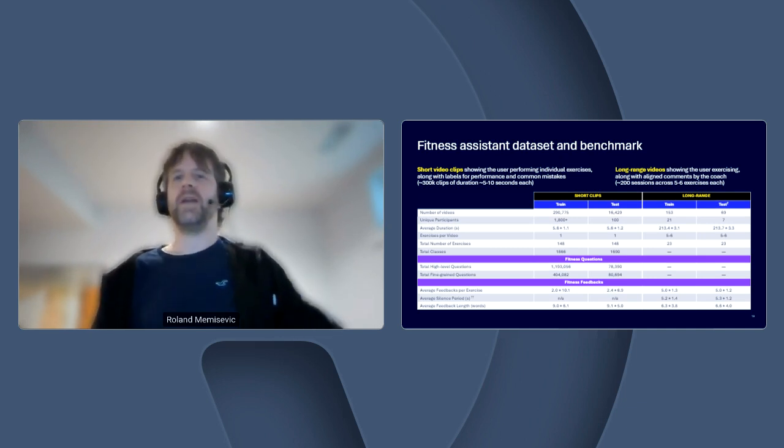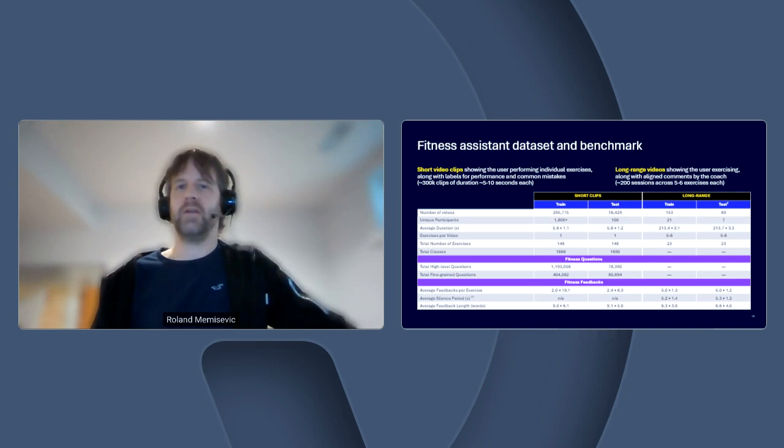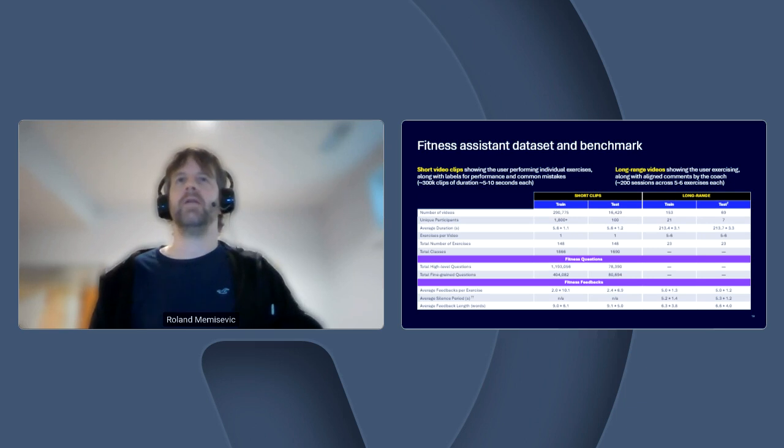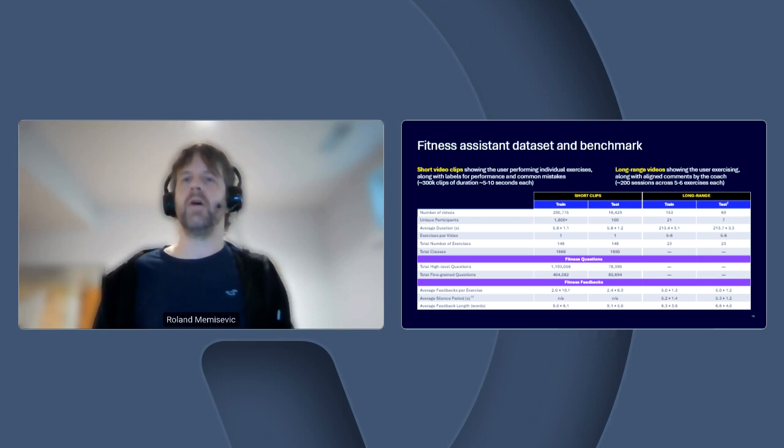Along with these data sets, there come annotations. So the most important one for the long-range videos is just what you should say at which point in time, aligned with the frames of the video. But then there's additional surrogate data that allows the model to become better at understanding those key concepts and becoming a better vision model to understand the video stream. And those are taking the forms of questions and feedbacks.